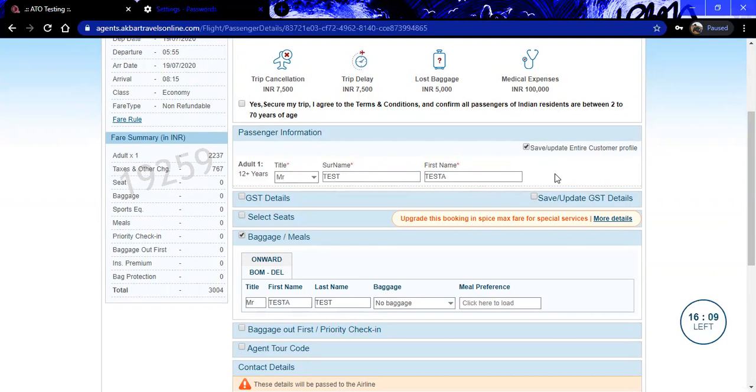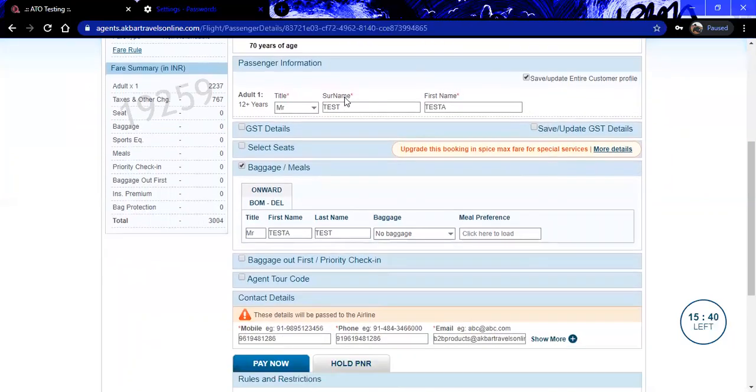Most of the time, if you are booking an international flight, you need to save the passenger details with the passport number, the expiry date, and whether the traveler is going for a travel purpose, business purpose, or an employment purpose. You have to save because he is a regular customer of yours. So you can save the data from here and go ahead with the booking.